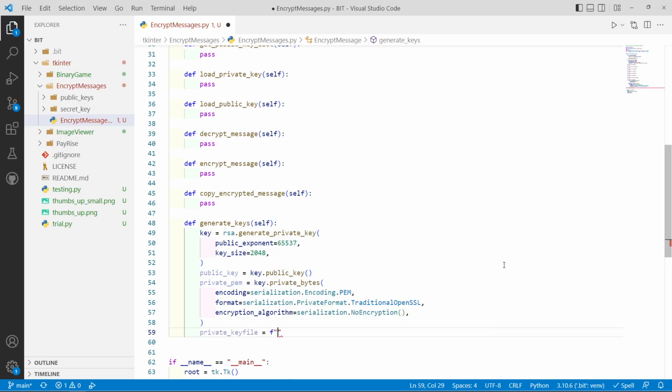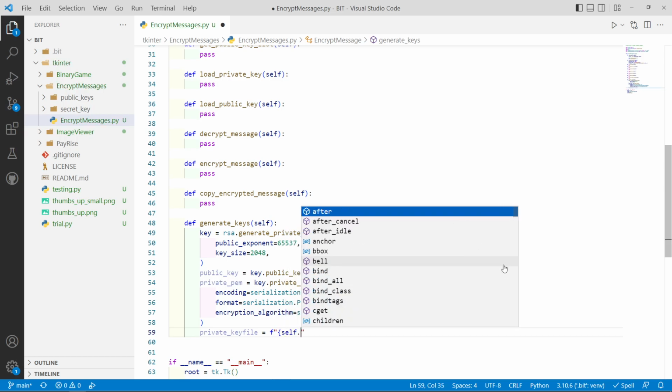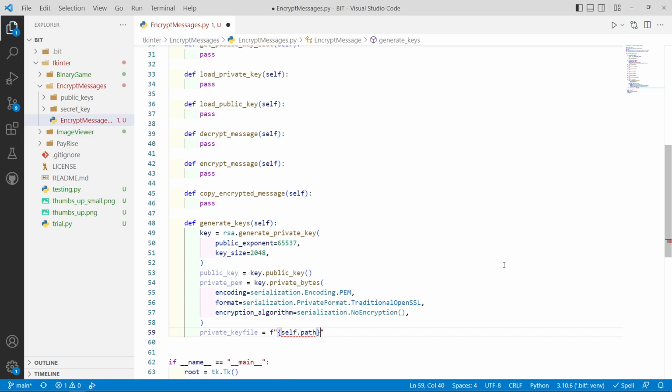And we're going to make this an F string because it's just a string at the beginning. So we're going to say self.path, which is that one we created earlier. And then we want to slash, and mine's called secret key, that secret key folder. So that's where I'm going to put it. Secret underscore key, another forward slash, and then we want our self.key name,